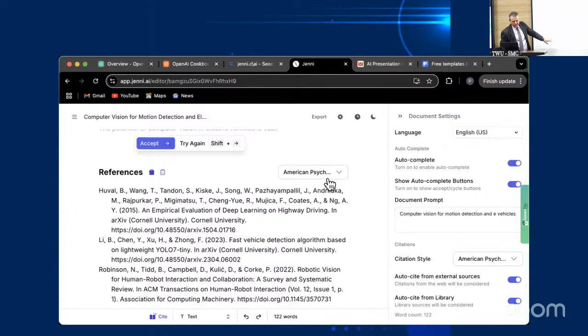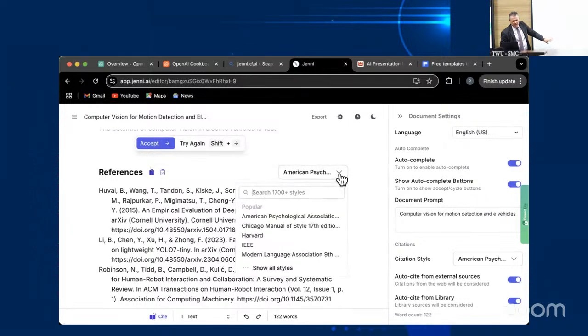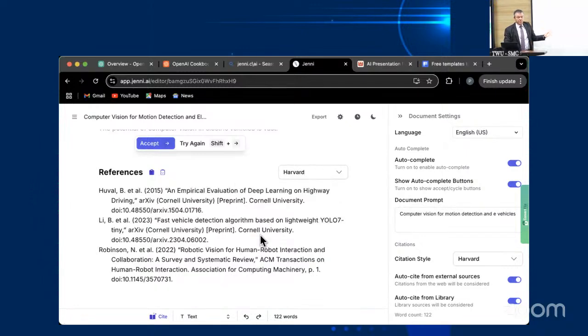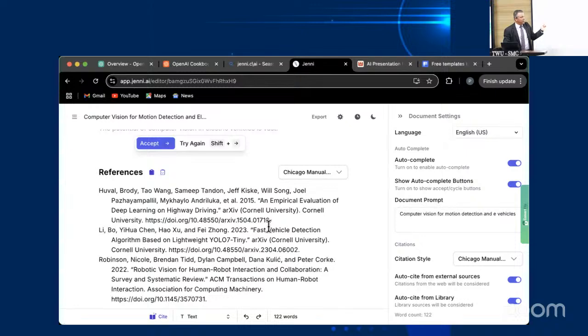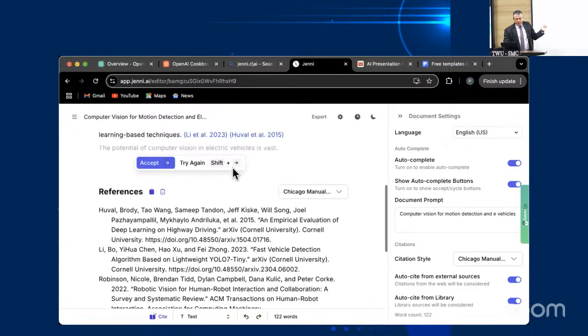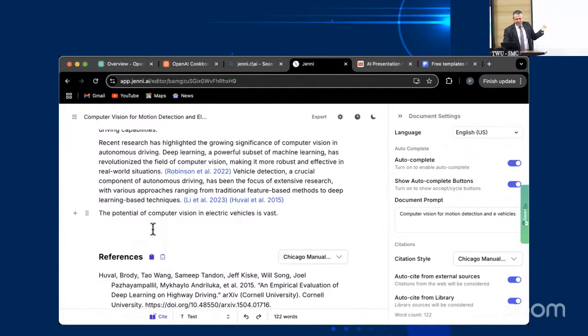You good? Now let's say I don't want it in APA style. What if I want it in Harvard style? It changes the references and it changes everything in the paper. Let's say I want it written in Chicago manual style. Automatically changes it to Chicago. Does that make sense? So I can go back up to my paper, add the next sentence.